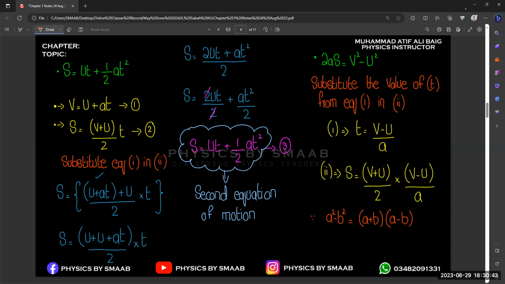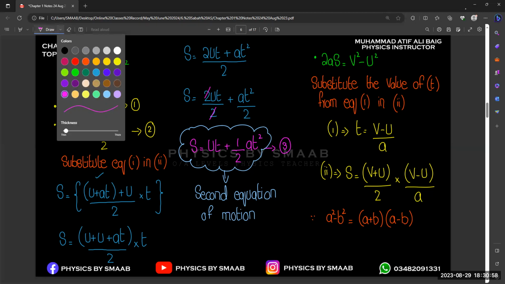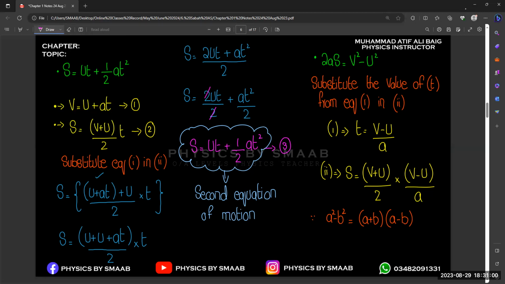And from this formula, you can easily understand that, let's suppose we are having variables v and u. So if we write v square minus u square, that will be equals to v plus u and v minus u. If we just replace the variables, let's suppose this is v and this is u,